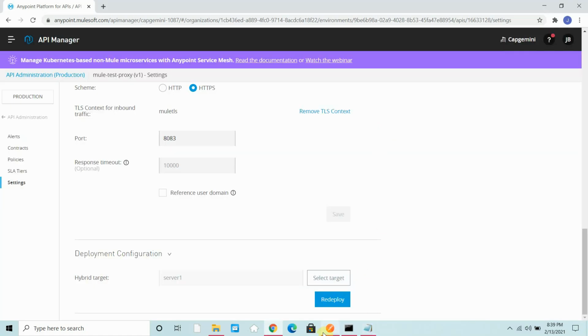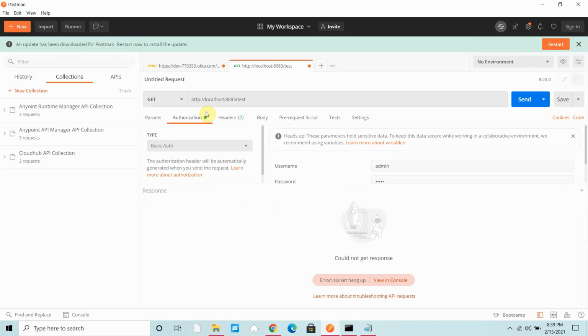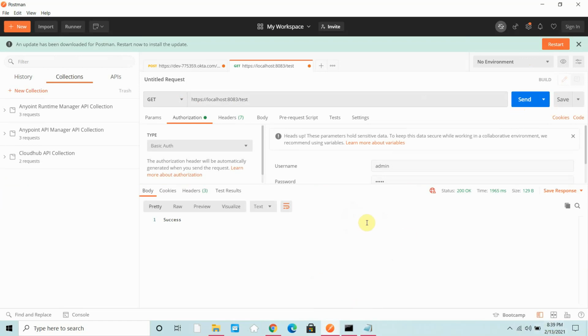Now I can go back here and try to send the request. It will fail because it is HTTPS now. Then you got a successful response.